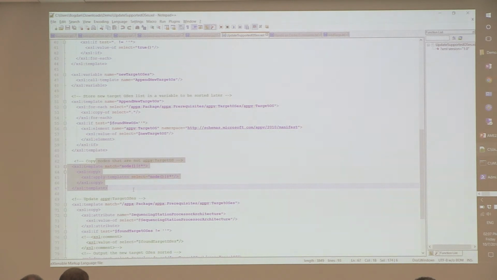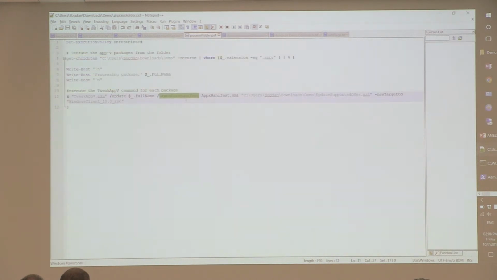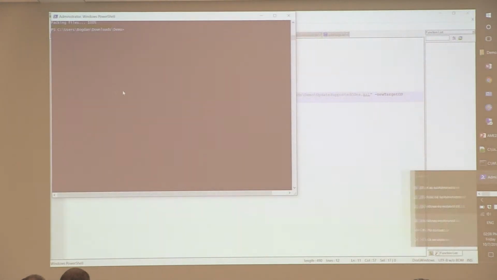So this part you basically copy for each of your manifest XSL files that you do. And then rewrite back everything. Here we've done some sorting and stuff, so the manifest looks better when you start looking at it and try to make sure it's okay. And this, as I said, this XSL is called from the PowerShell script that we have here. So we're just gonna